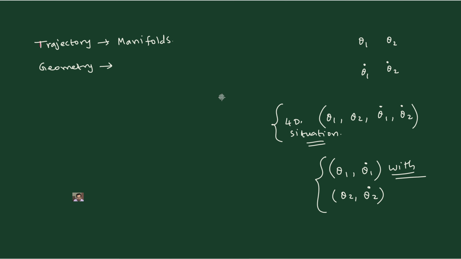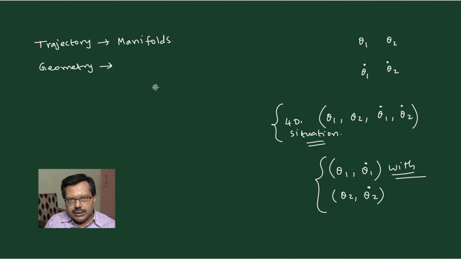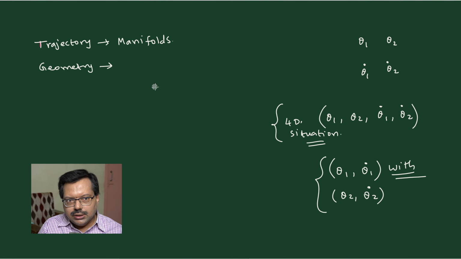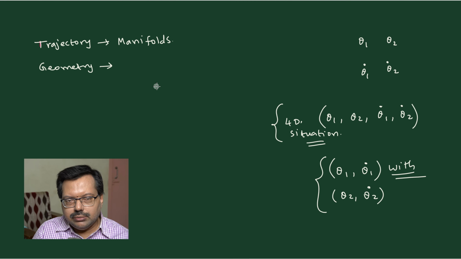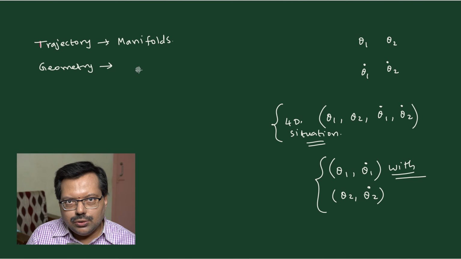You say that for the case of the simple pendulum, it's a circle. The word circle clearly tells there is a geometry involved. It may be an ellipse, an elliptical path can be there, a circular path can be there, or a straight line path can also be there. When situations are very simple, then we say that it is a geometric property, or that a certain geometry is there. That is what we used to say. But when things get complicated in higher dimensional space, then we don't use the name geometry, but instead we use the name topology.